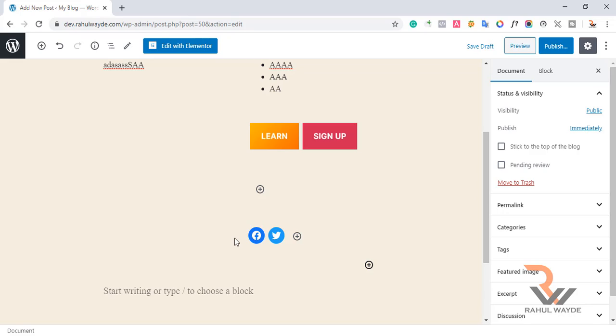So these are some changes which have been applied in WordPress 5.4 version. So I hope this will be useful for you, and I hope you have understood this video clearly. If you know any other good changes that have been added in WordPress 5.4 version, then please let me know in a comment, so the other users get aware of this.